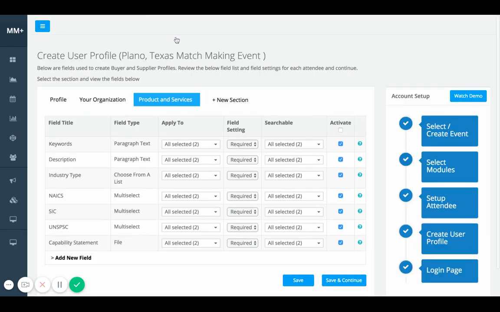And then next I'm going to go to products and services. Now, this is a unique section here. And again, you can add new fields. You can also add a new section up here. But this is a unique section because of the fact that we actually use this section as a tool for matchmaking. So if you're setting up a matchmaking event and there's going to be a lot of different attendee types there, I would highly recommend making a lot of these either required or optional at the very least, because